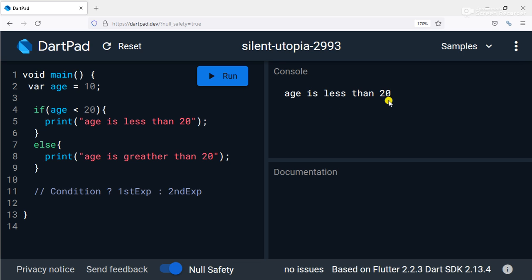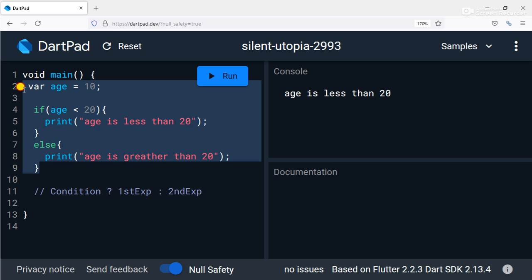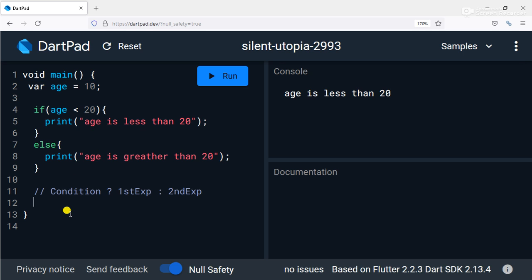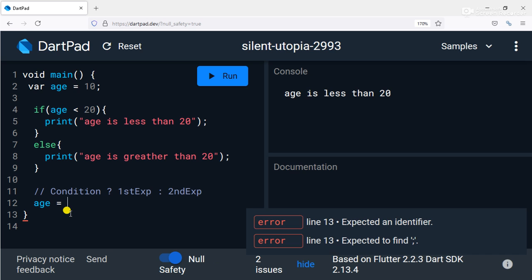You can see age is less than 20 because the value of age is 10. Now let's see how we can write this simple code in a single line of code using the conditional statement, right? So we can do something like age equal to 10 less than 20, and then the condition which represents